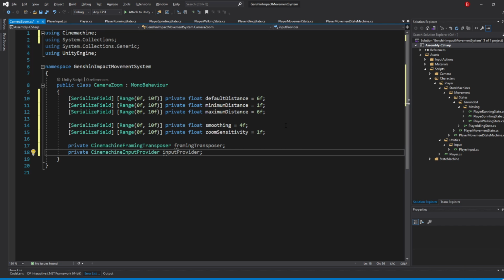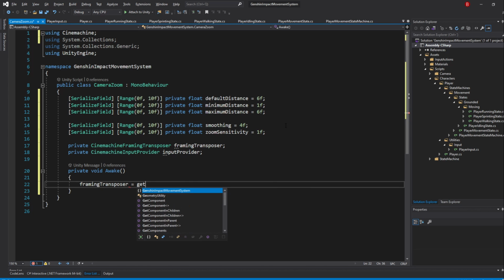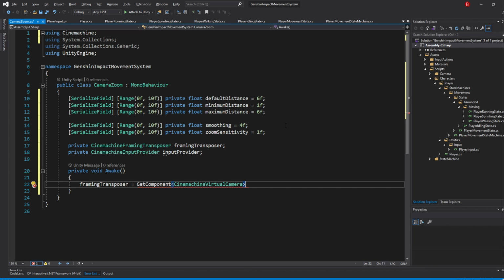To get their references, we'll use the GetComponent method, so type in Awake, and inside type in framingTransposer equals GetComponent of type CinemachineVirtualCamera, which gets our virtual camera. We'll now get our framing transposer by using the .GetCinemachineComponent method instead.